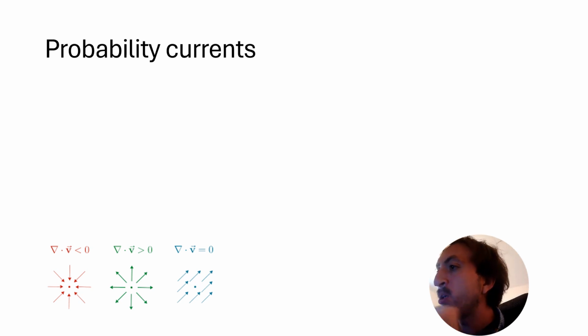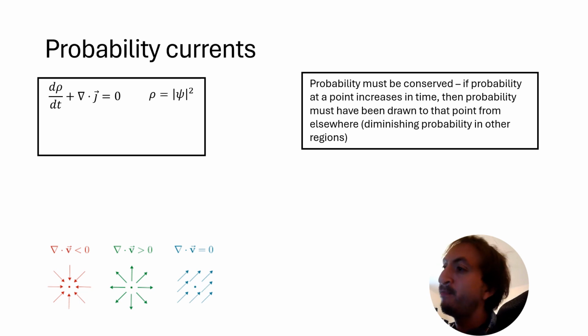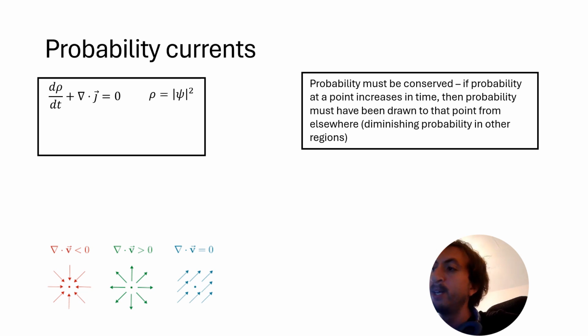So, because of that, we can say something very general about probability in quantum mechanics, which is essentially a very posh way to say probability is conserved, and that is we can make use of something called a continuity equation. Now, the continuity equation is traditionally first introduced with respect to classically conserved quantities because those things are much more intuitive. And so if we're considering, for example, the charge that an object has,